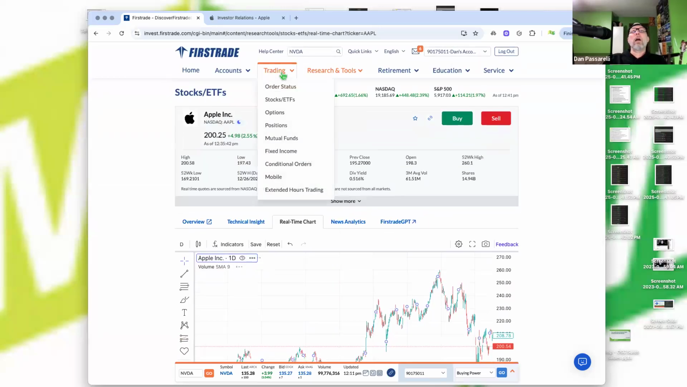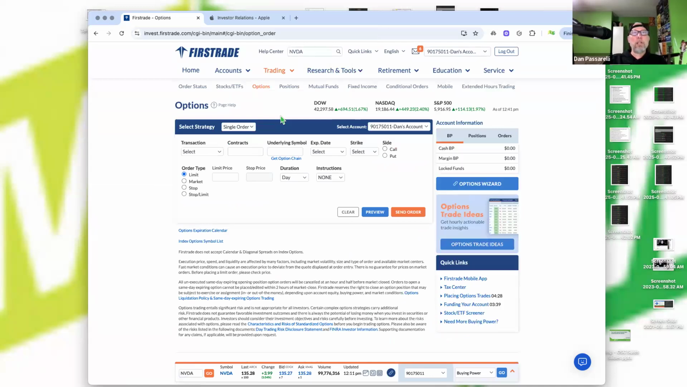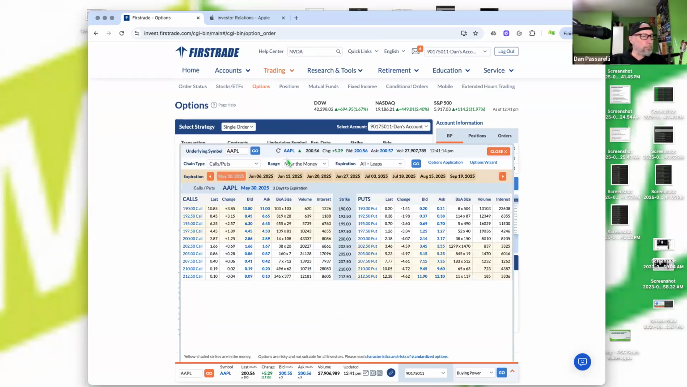Okay. Trading options, Apple, get option chain. Wild guess, 6 weeks, $25. 6 weeks, I think, is enough time. Yeah, that's not a bad guess at all, right? So 6 weeks from now,